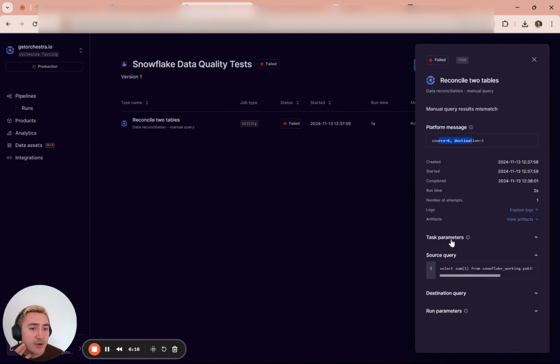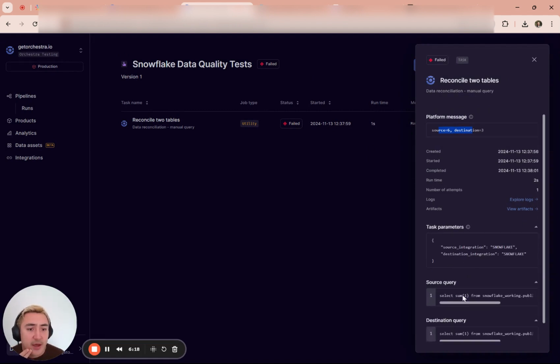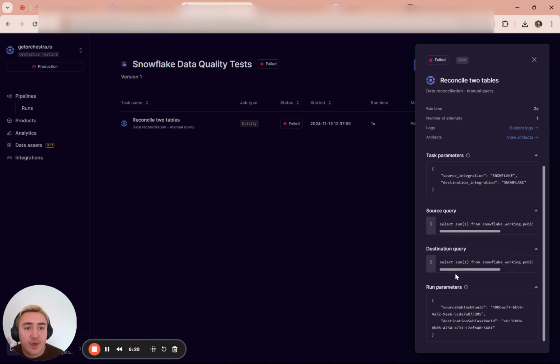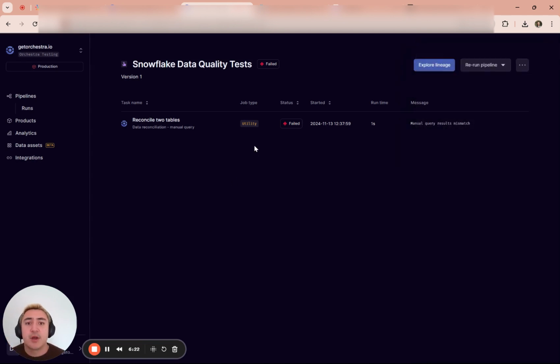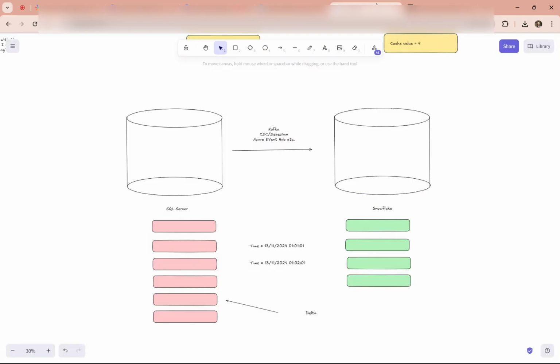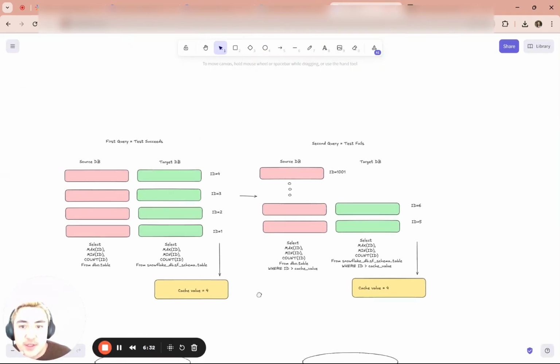So that's good. We've automated that. And that's brilliant. Now, this is a very basic way of doing it. Sometimes if you don't have things like a primary key or an auto-incrementing ID, you're going to have to write 2 queries that are manual. And as we can see in this lovely Excalidraw diagram,